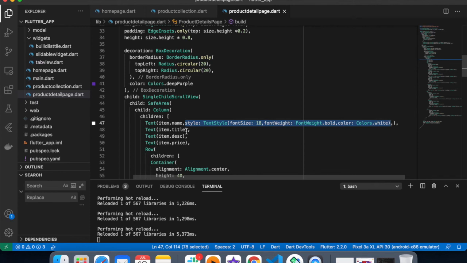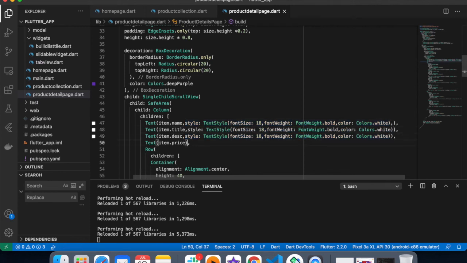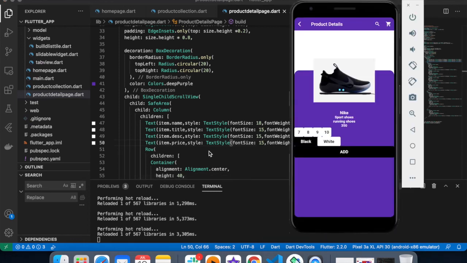Just copy paste this. You can also define your text style somewhere, and you can call it everywhere. 15, 15, and this 15. It's fine.